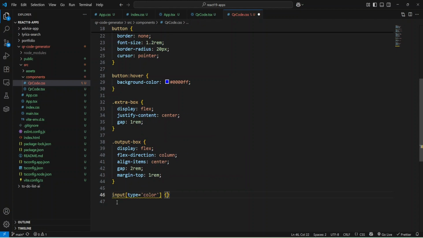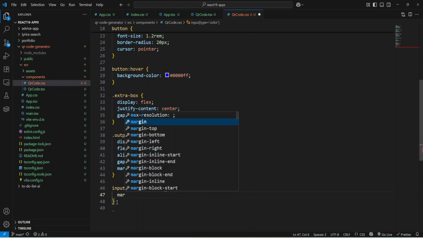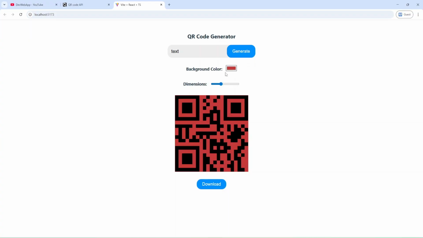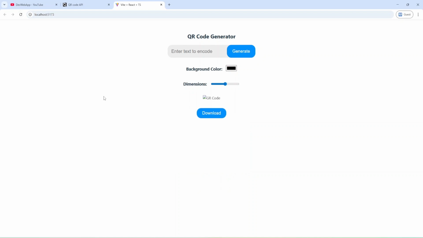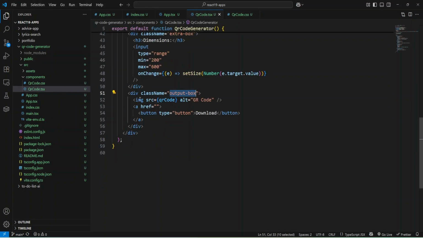Okay, and we'll add some styles, and let's try add margin top 1 rem. Okay, and let's check. And as you can see, we have styles. Let me refresh the page, and we need to fix this empty image during initial loading.